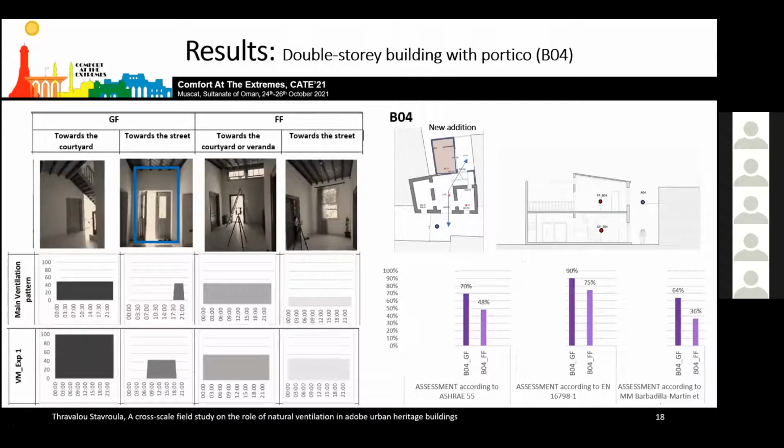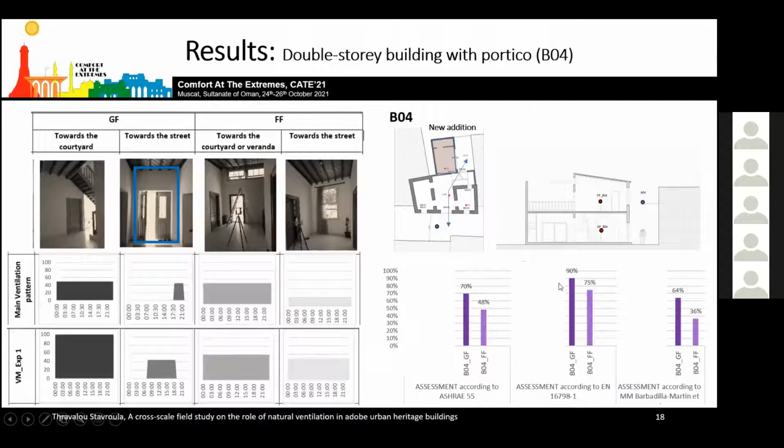During the ventilation experiment, the ventilation rate was significantly increased. The door towards the courtyard was widely open throughout the day and night, and the embedded windows were also partly open during the daytime. In the first floor portico, the upper windows towards the veranda were partly open, which enabled buoyancy-driven ventilation. So this greater ventilation rate during the night, along with the combined effect of buoyancy-driven ventilation, has brought an improvement in the percentage of time within comfort, which ranked